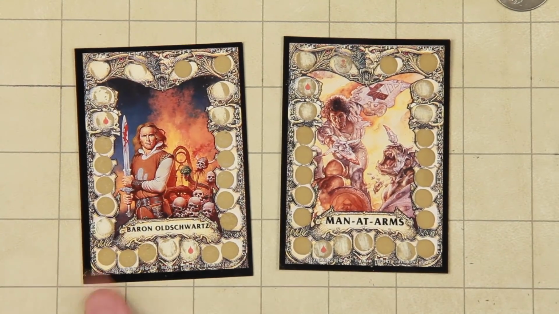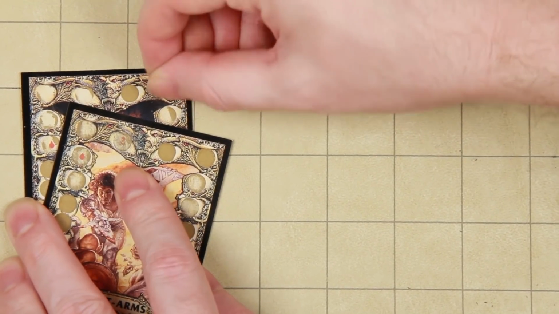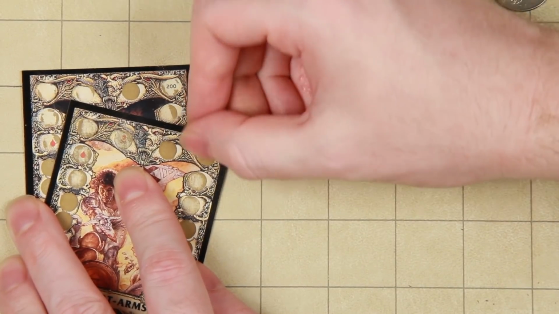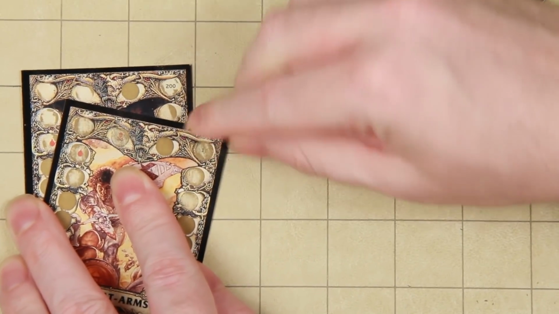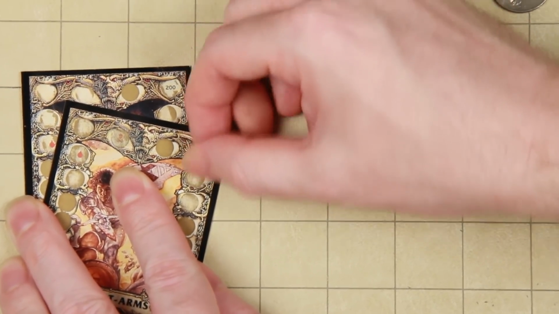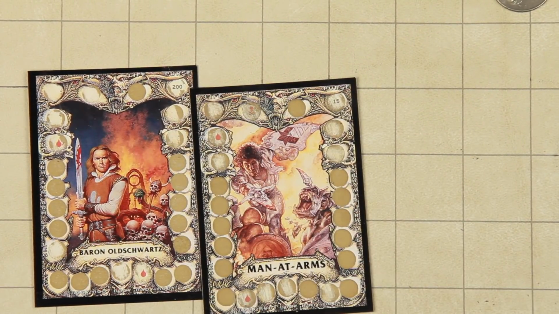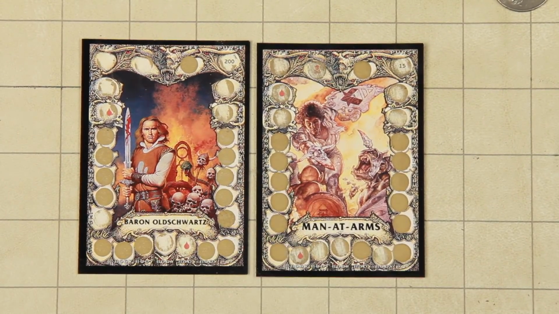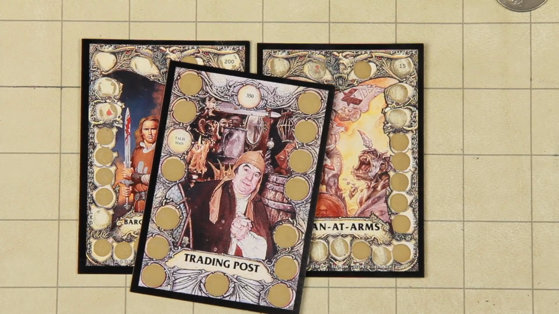So whoever was playing Baron Old Schwartz gets to keep both cards and gets their purse value. Baron Old Schwartz is a whopping 200 points, while Stag Castle Man-at-Arms, which I swear is going to be the name of a character I make someday, is worth only 15. For how close that fight was, it's weird that their purses are so different. So the idea is the winner gets to take the purse for both of them. So that's 215 points,